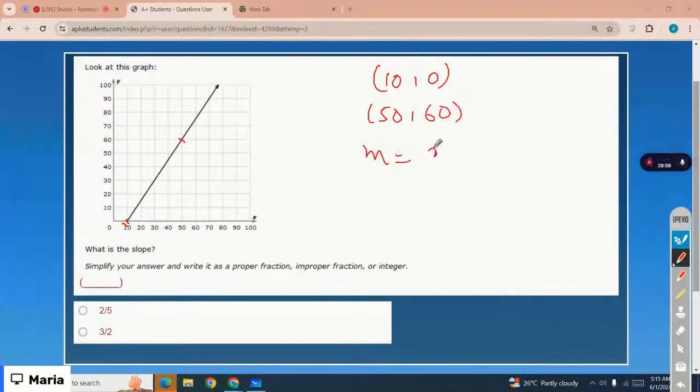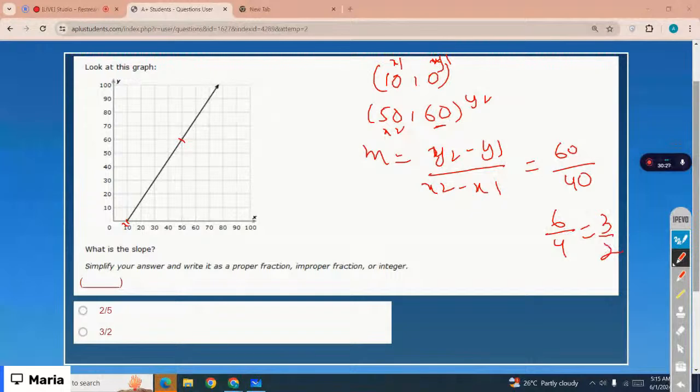Slope is y2 minus y1 divided by x2 minus x1, right? This is y1. This is y2. This is x1, x2. So y2 minus y1, 60 minus 0 is 60. Then 50 minus 10 is 40. So that is 6 by 4 or